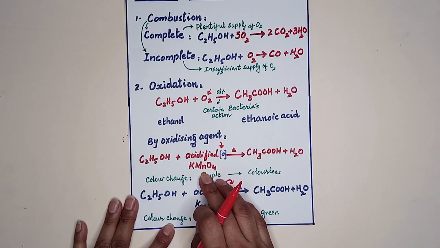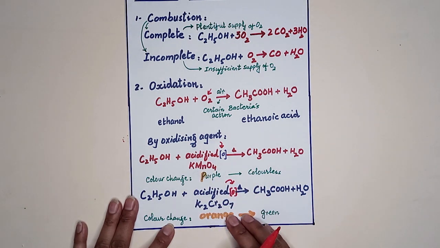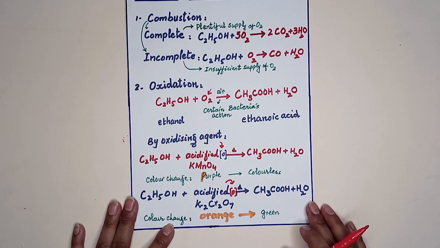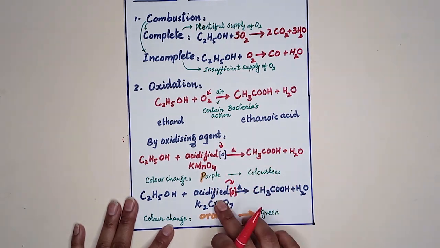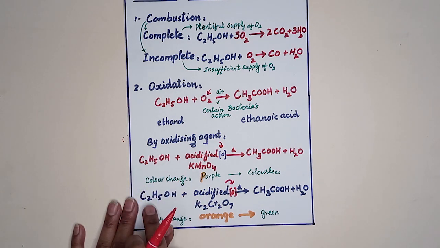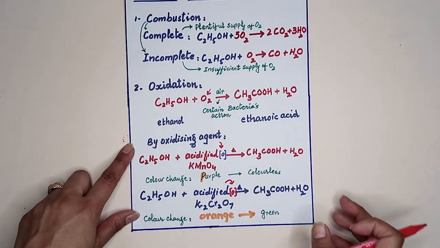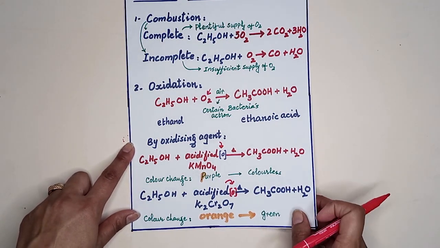So acidified potassium manganate and acidified potassium dichromate have a characteristic property of color change. These are the oxidizing agents, so alcohols will react as the reducing agent. This is a very characteristic property of the alcohol. The next chemical property,